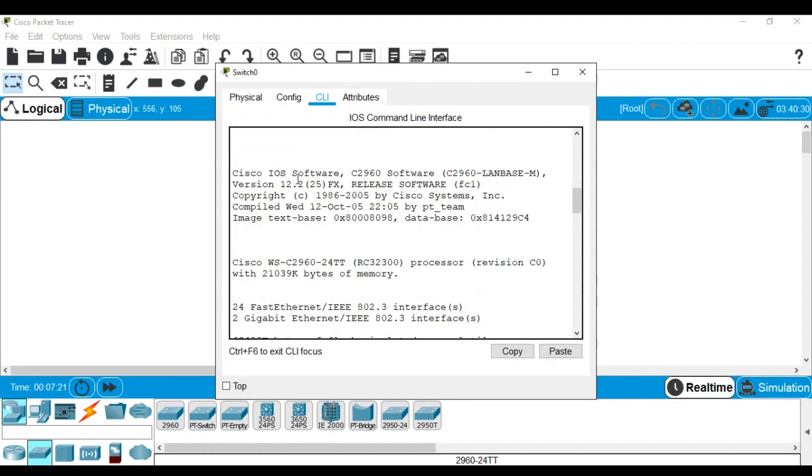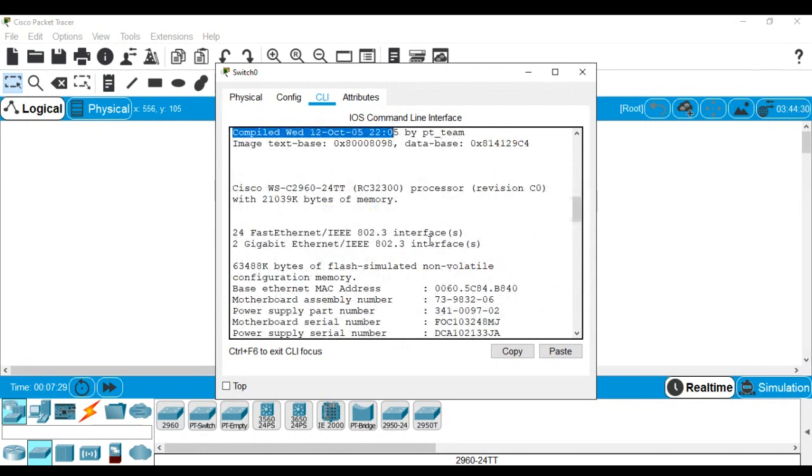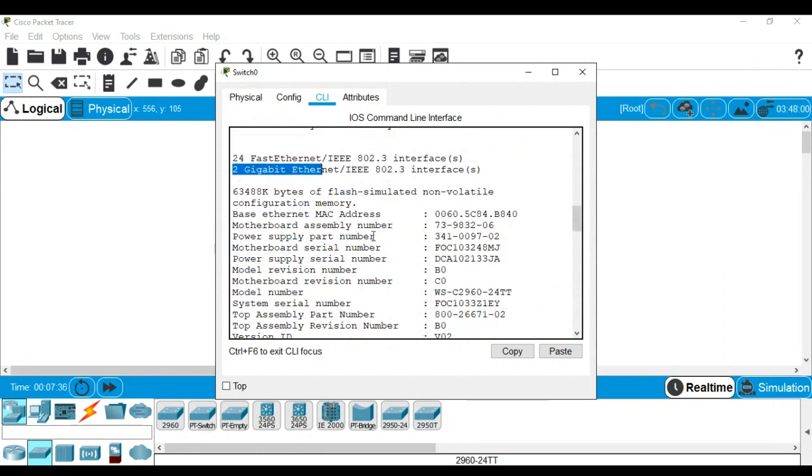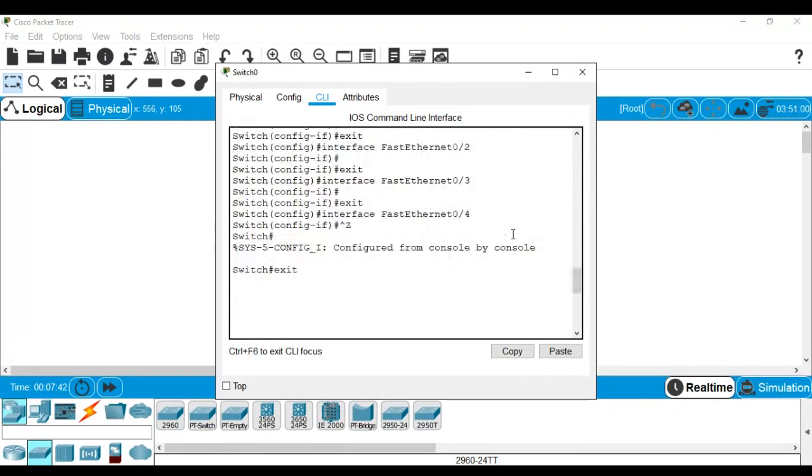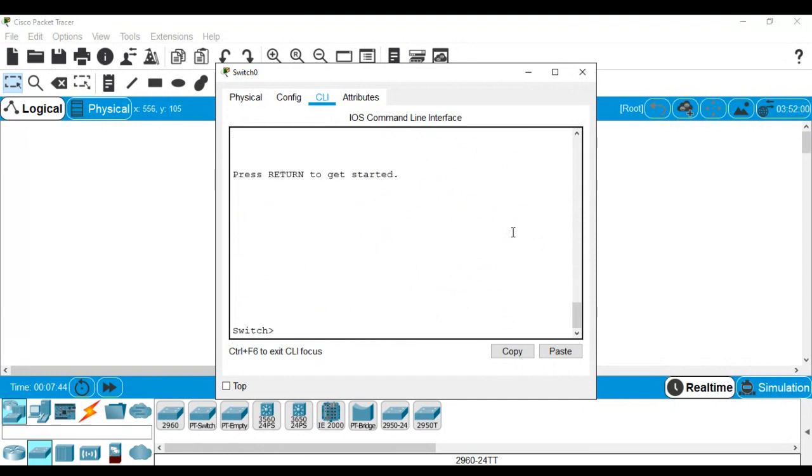We'll see the Cisco IOS software, C2960 software version of that particular switch, release software, copyrights. So all the necessary detail you will see here, that it has 24 fast Ethernet ports, 2 gigabit Ethernet ports, the base MAC address, the motherboard assembly number, the power supply part number. All the necessary information of that particular switch will be available here. Fine. So now we'll move on to the different things we are going to do here.